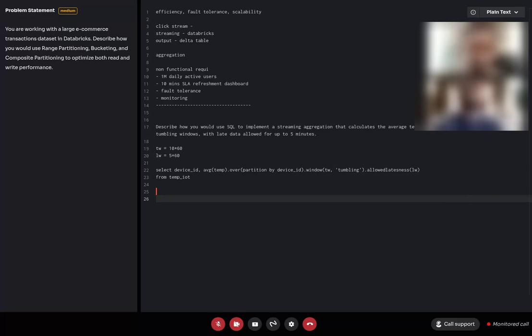Now, the second part of the question was what kind of partitioning do I want? For this particular example, I don't think range partitioning would be better. Range partitioning usually works better when we have time series data, like the previous example, the IoT data. I would say range partitioning would work better there. But what if we have time series data? For e-commerce, we will have transactional data, right? Then you can use range partitioning there.